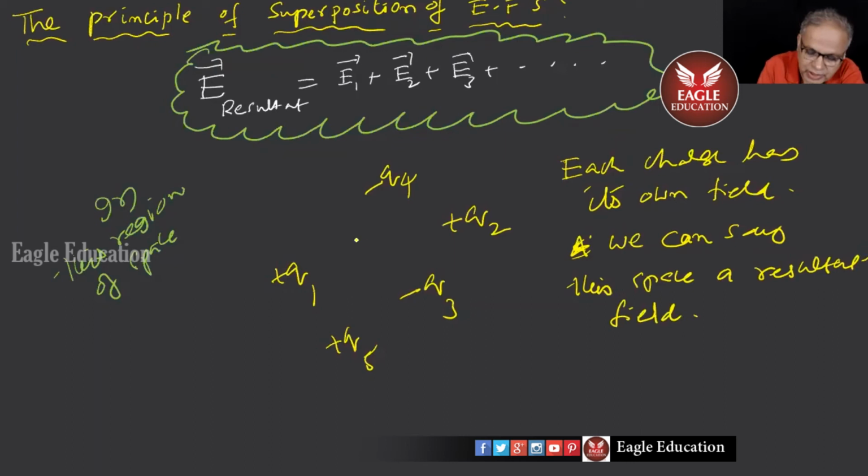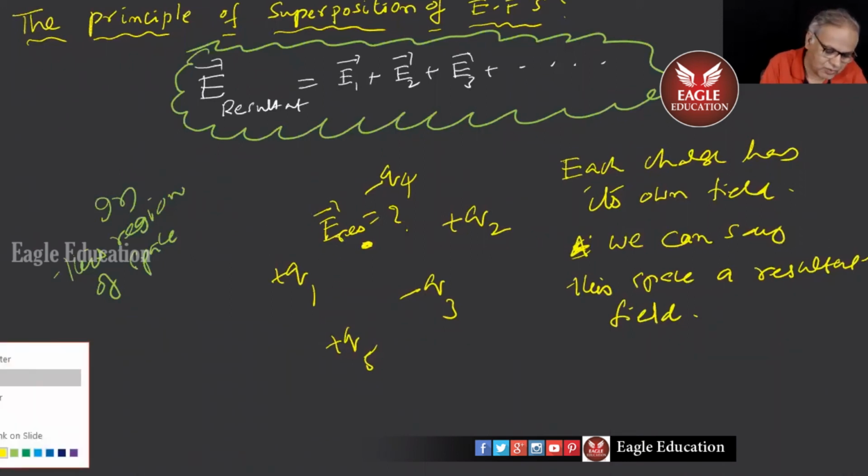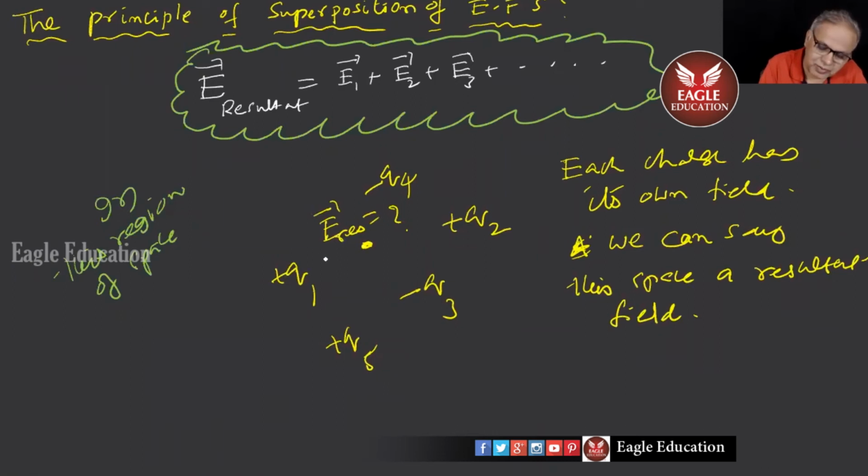Right? So at a point, if I want to calculate one field, E resultant, I'll calculate E of each of these charges. Say Q1's E, I'll say it is E1. It will be away like this, isn't it? This E1 is there when all the other charges are not there, actually speaking. But even now, I'll think that this E1 will be still there as if the others were not there, for my understanding and adding later.